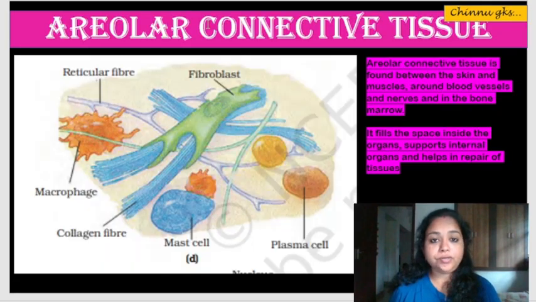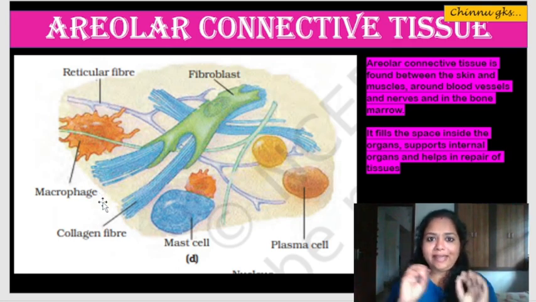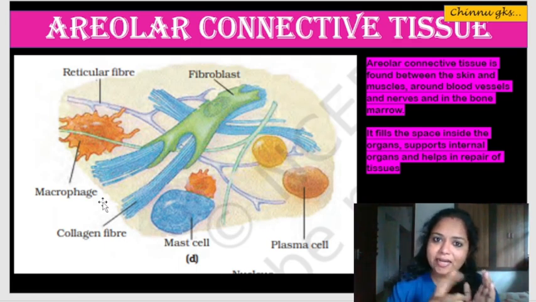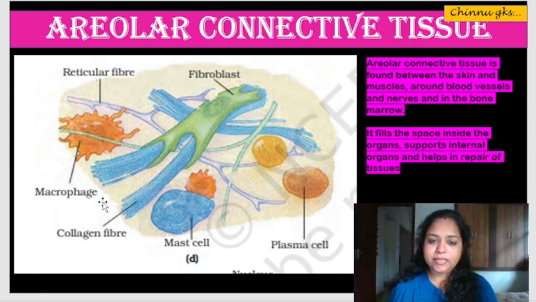Moving from cartilage to the next type of connective tissue, areolar connective tissue. Like we had our parenchyma in the plant cell, which is present everywhere. So wherever packaging is needed, you put up the parenchyma. In the same manner, wherever support is needed, you are putting up the areolar connective tissue. A good thing about the areolar connective tissue is the dual role that it has. It helps in fighting infections, as well as giving a supportive role.